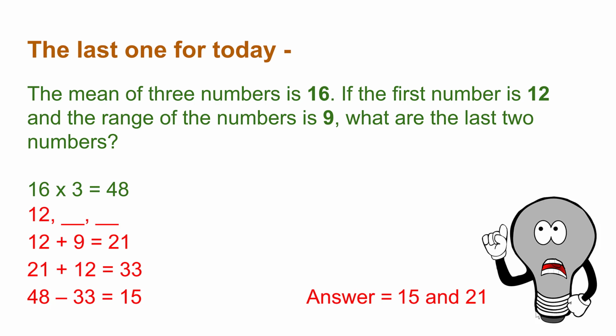So 12 plus 9 is 21. And then 21 plus 12 is 33. And the total is 48. So I do 48 minus 33 is 15. The two numbers are 15 and 21. And if you go backwards, you add 15 and 21 and 12, you would get